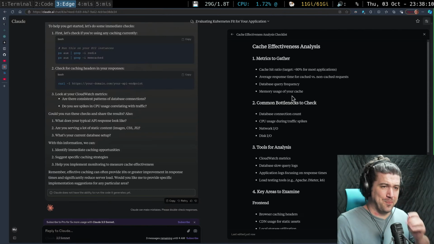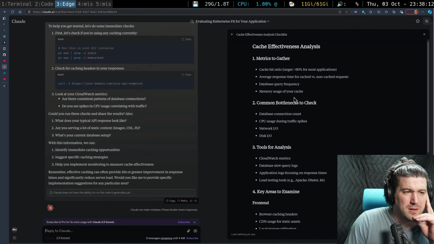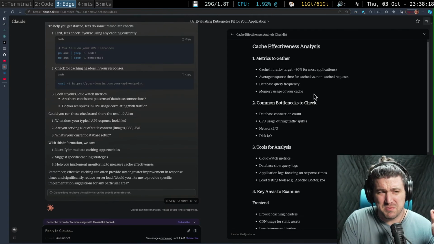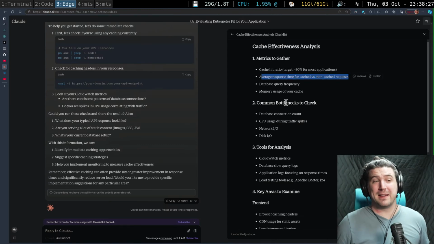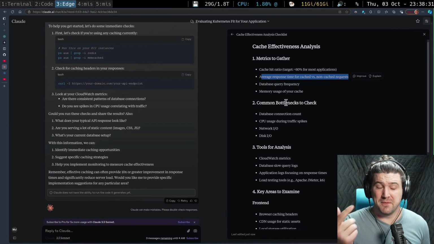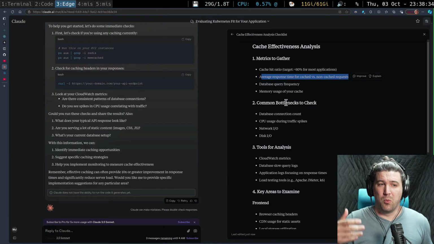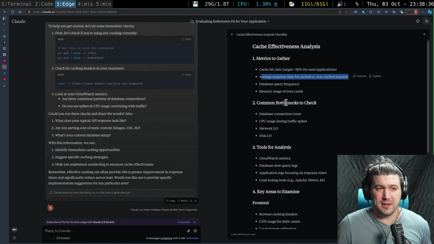Okay. Is it just me, or I would disagree with some of these? This isn't how effectively you're caching, right? I mean, this is good information to know. Like, what is a non-cache request look like? But it's not how effective your caching mechanism is.